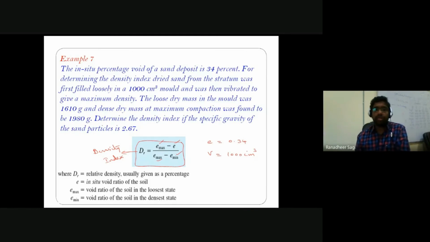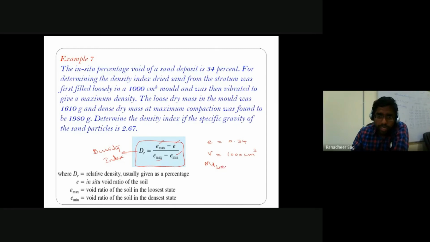Okay, so determine the density index if the specific gravity of the soil sand particles is 2.67. So we are required to determine the relative density of that particular sand. For finding out the relative density of the sand, what I have with me at present is the in situ void ratio, the volume of the mold in which the soil grains are placed, and the dry mass of the soil